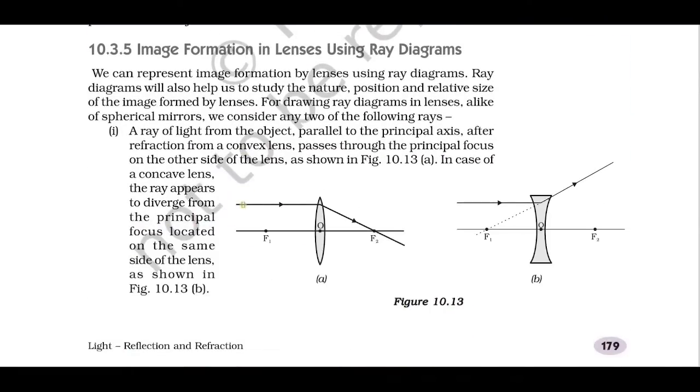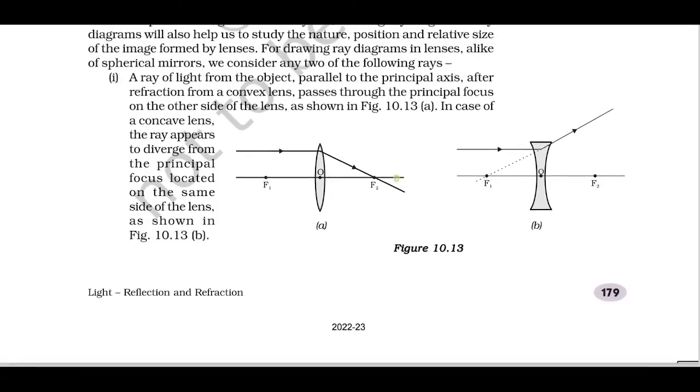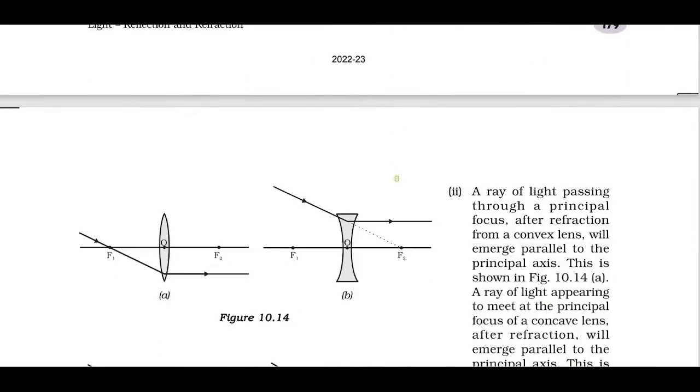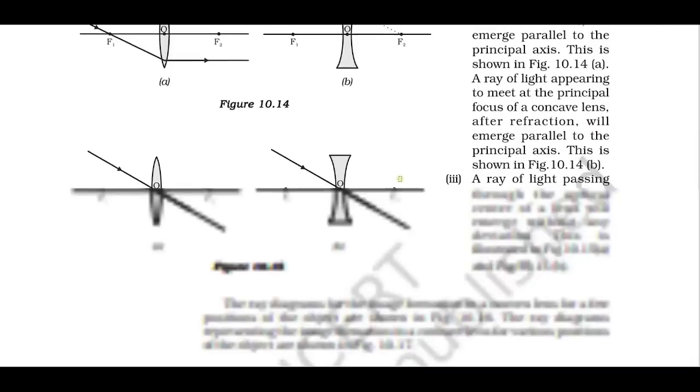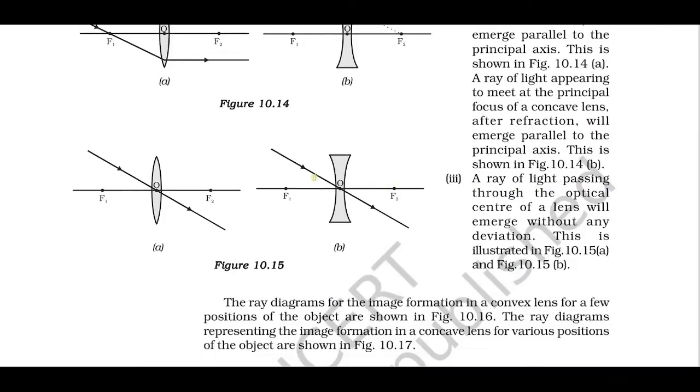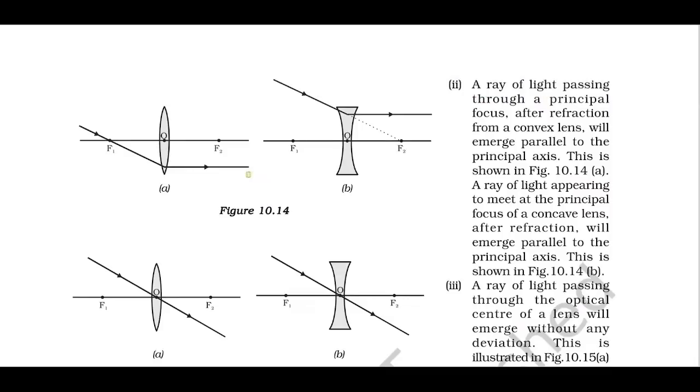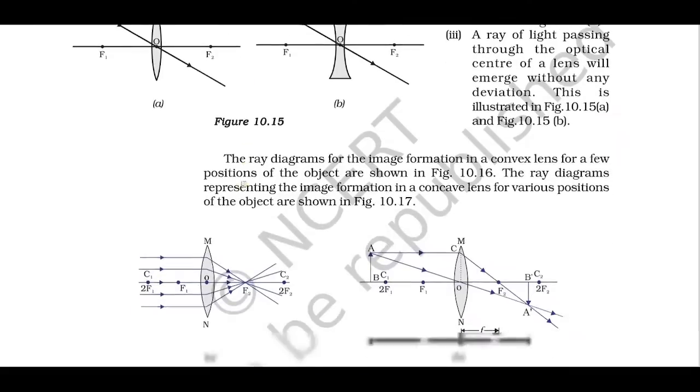So again, you should understand the three important rules or conditions. The first rule says that if a ray is parallel to the principal axis, after refraction it passes through the principal focus. Next, if a ray is passing through the principal focus, after refraction the ray will be parallel to the principal axis. If a ray passes through the optic center, it passes without any deviation. Out of these three, if you use any two conditions, you can draw the ray diagram of a convex or concave